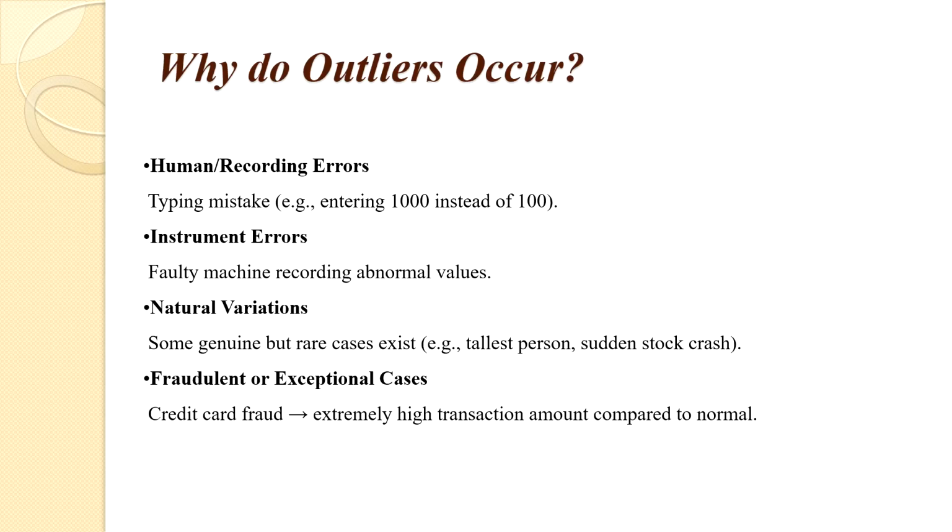The next one is fraudulent or exceptional cases. Fraudulent, we can take as credit card fraud, because many frauds are occurring nowadays. Here is how we can find the outlier value: suddenly there will be a high transaction amount compared to the normal daily use of the same credit card. Suddenly in a month, one day, a high amount is transacted to some other account. By looking at that itself, there is an outlier value. Someone is using our account, so we can easily identify the outliers.